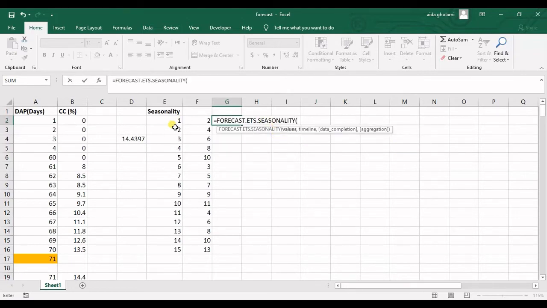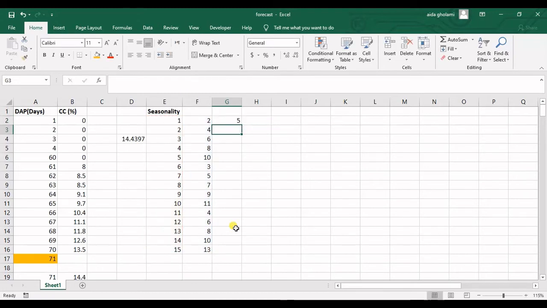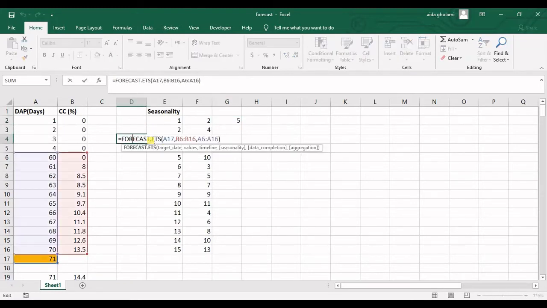So I double click on that. It wants the values and then the timeline, and that's it. I close the parentheses, and that's 5 as we could actually detect it by ourselves. But in this function for seasonality, you can just mention 0 or 1. By mentioning 0, it doesn't count the seasonality in, and if you input 1, it goes to detect the